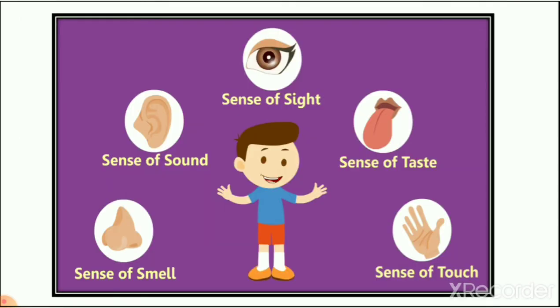Here we have 5 senses, right? Sense of sound, sense of sight, sense of taste. With taste we can identify that it is chilli. Sense of touch, we can identify that ice is very cold